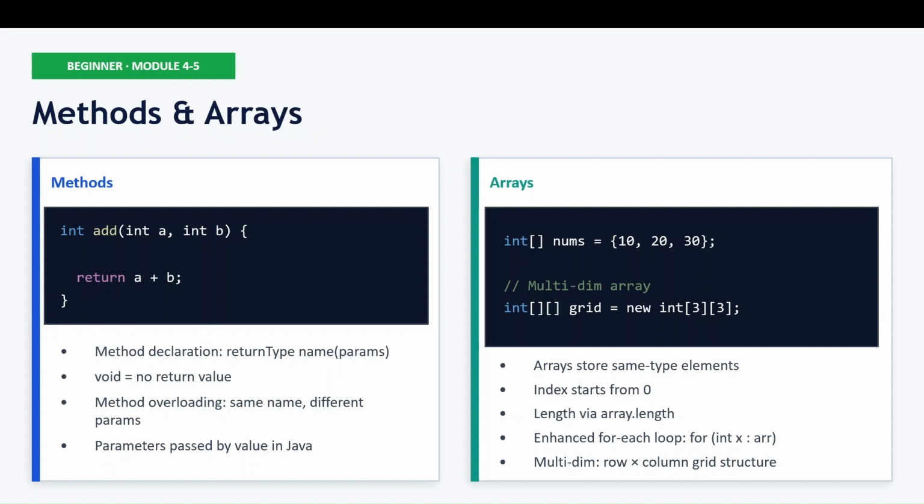And if you have for int x colon arr, it means for each integer in arr, which is a variable. So there will be no index variable in this particular syntax and no bound checks. Very clean, readable for iteration through every element. Right. So this is about methods and